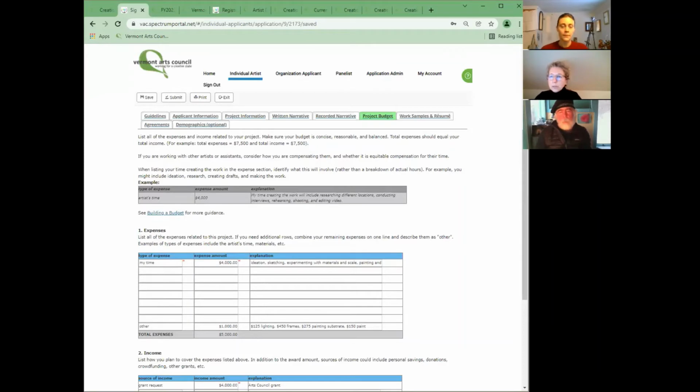If you are working with other artists or assistants, consider how you're compensating them, again, and whether it is equitable compensation for their time. When listing your time creating the work in the expense section, you'll want to identify what this will involve rather than a breakdown of actual hours. For example, you might include ideation, research, creating drafts, and making the work. The expense section has an example above here in gray